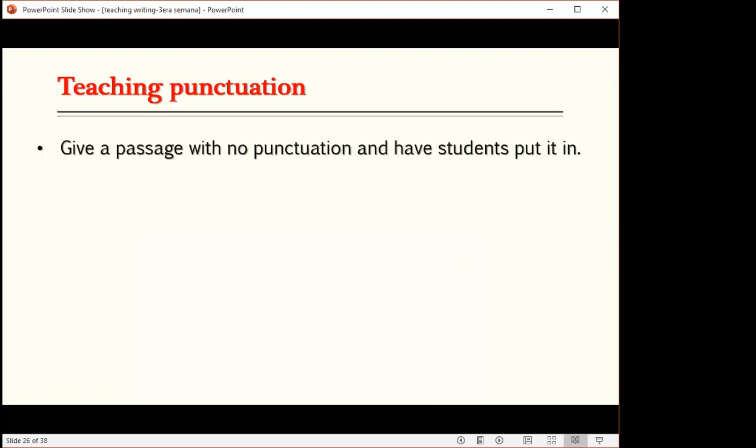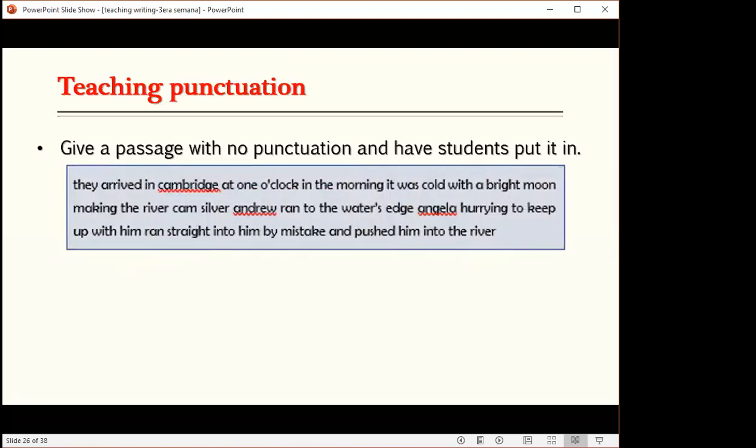Some activities that we could do with our students in order to practice punctuation. And this is one of the most common. So we give a passage, a text, to our students with no punctuation, and the students need to write the punctuation. Here, for example: